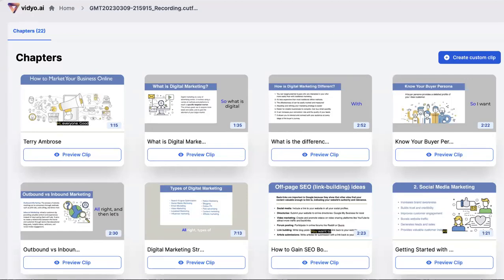So the cool thing about this is you can take that long video and repurpose different segments of it for different needs. This shows you the length of time of the video clips, and I mention that because you wouldn't want to take this 7-minute one and use it as a social media post. I could take this one, know your buyer persona, and embed it into a blog post I wrote about social media marketing. I could take some of these and put them on my social media and websites. It's just a way of repurposing a longer video into shorter segments with a tighter purpose.